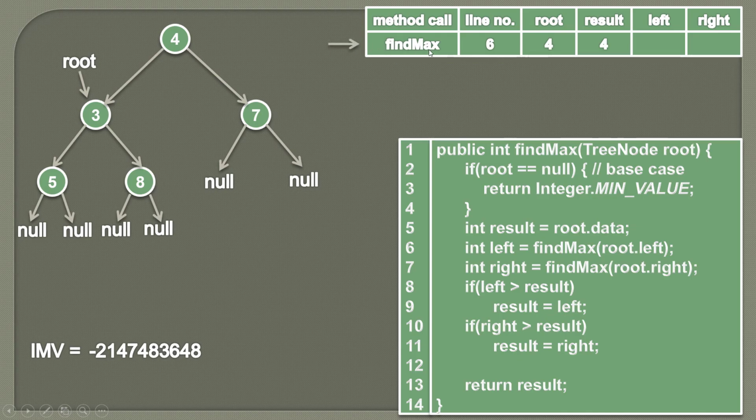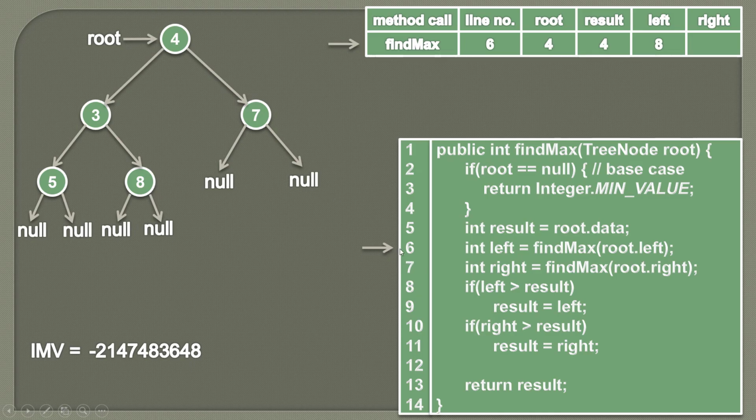And this method will start execution from line number 6, where root was pointing to 4. So root will now point to 4. And the value which this findMax method returned, which was 8, will be stored in the left. So here you can see that for the actual root of the binary tree, we figured out what's the maximum value in the left subtree, which is 8. So now we need to simply find the same for the right subtree.